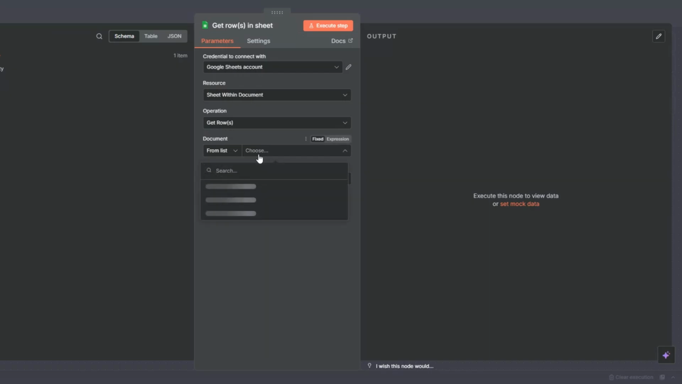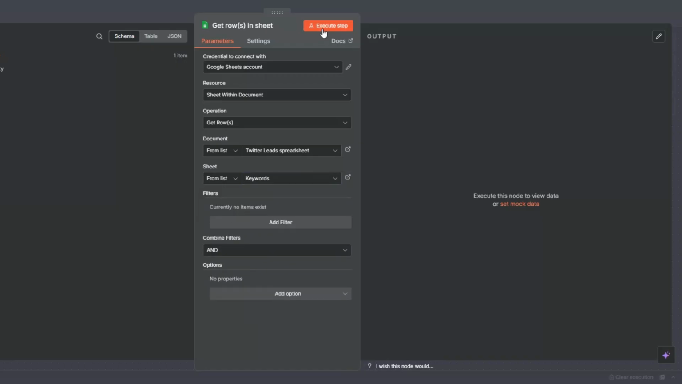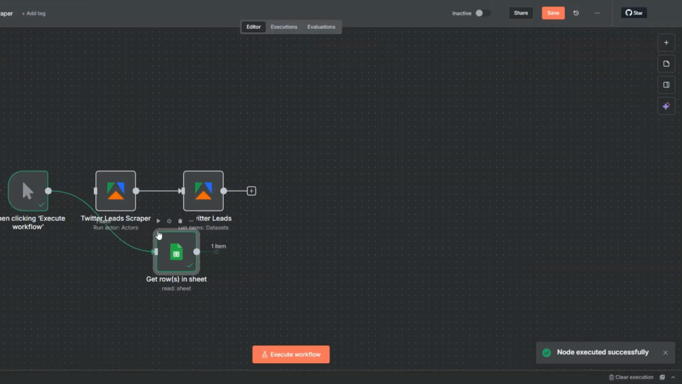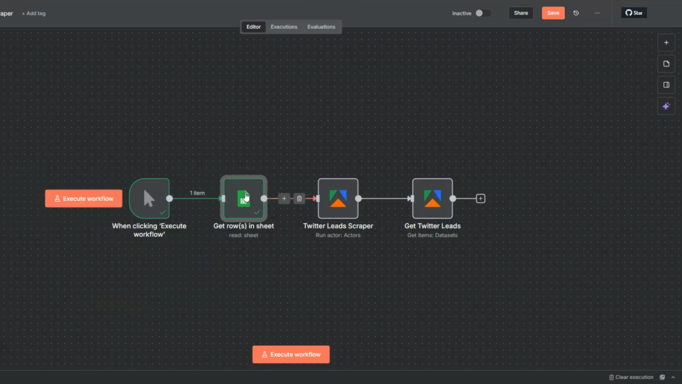And here I'm going to choose our document, which is this spreadsheet. Our sheet is going to be the keywords sheet. And here, I'll click on execute step to get our keyword and the number of leads I would like to scrape. And then here, I'll connect it to this node and auto align it. Now with our keyword